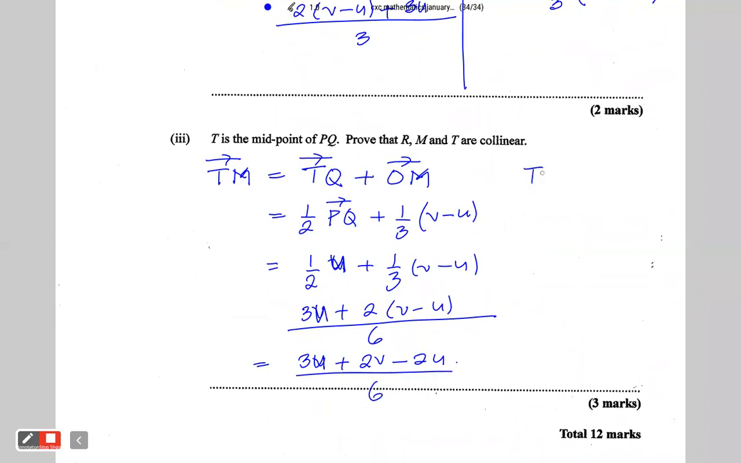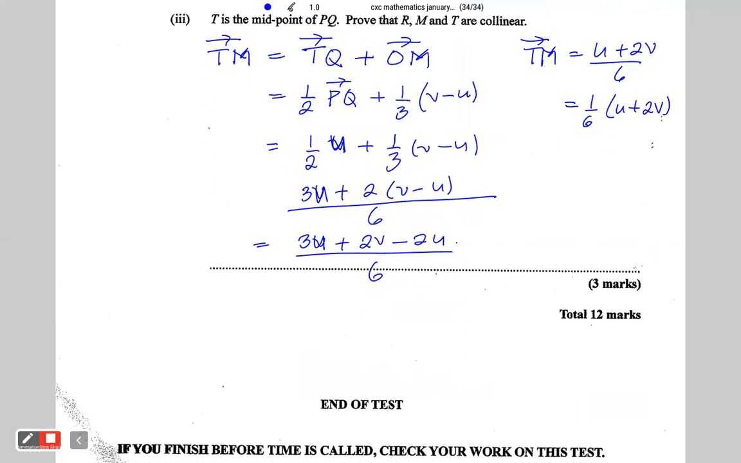So TM, the vector TM, would be equal to (3U plus 2V minus 2U) over 6, which is U plus 2V over 6, which is equal to 1/6 (U plus 2V). So T, M, and R are collinear